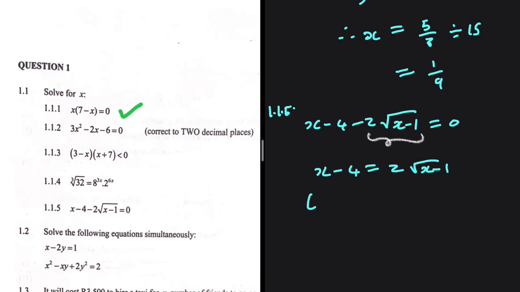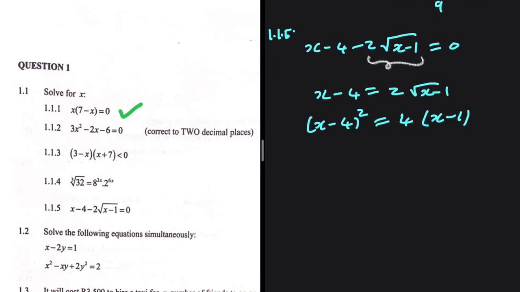So on the left hand side, we're going to have x minus 4 squared. And then on the right hand side, we're going to have 4 multiplied by x minus 1. And then let's solve the left hand side. That will give us x squared minus 8x plus 16 being equals to 4x minus 4. So x squared minus 8x minus 4x, that is minus 12x, and then 16 plus 4, that is plus 20